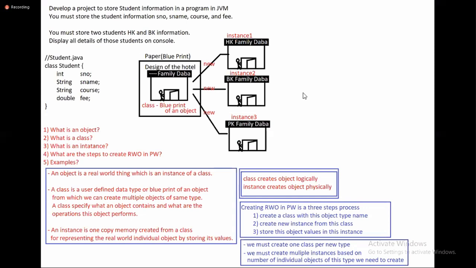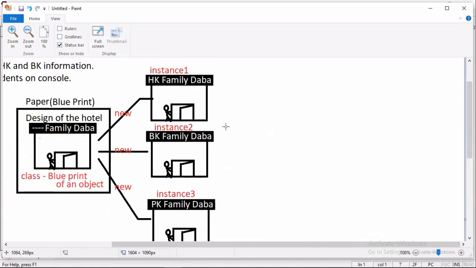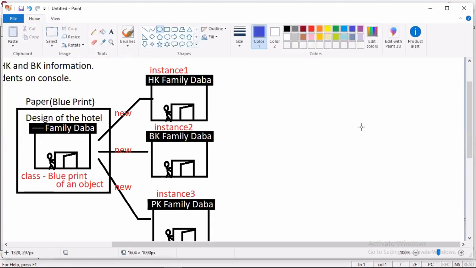I want you to create one small test case. Are you ready? See, object-oriented programming does not mean programs. Object-oriented programming means understanding the real world. If you understand the real world, then object-oriented programming is easy.